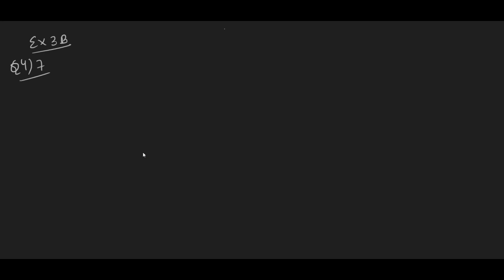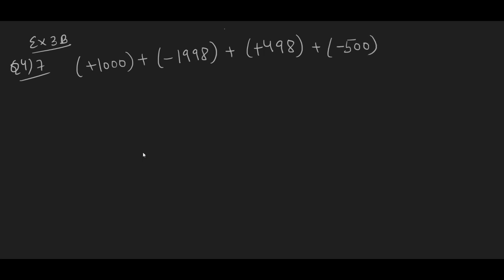In this question, children, the question is addition: plus 1000 plus minus 1998 plus 498 plus minus 500. So what will you do, children, is first you will add all the numbers